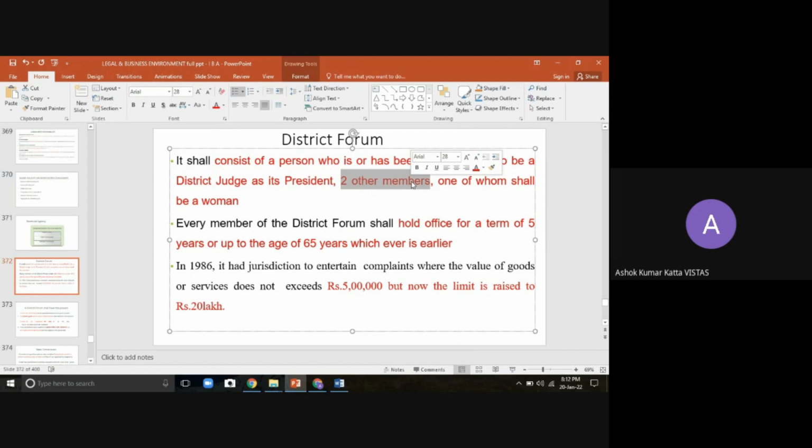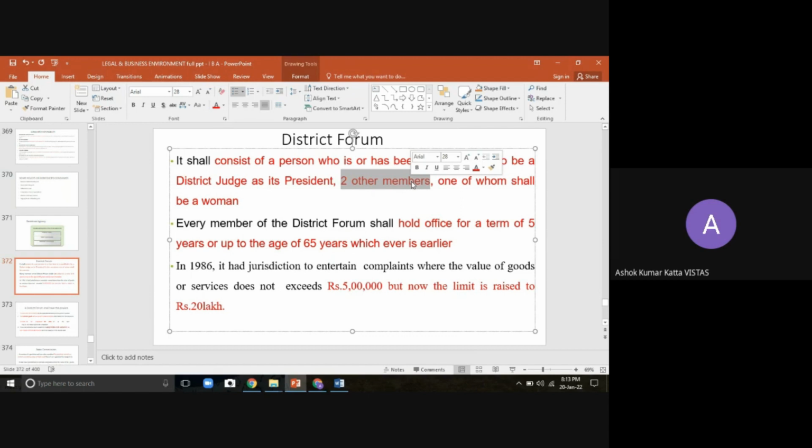So how does this district level forum handle the issues? This is very clearly defined on the basis of the losses, goods related or service related. They have mentioned that the losses are between 5 lakhs to 20 lakhs, because for 5 rupees of product damage we cannot go to the district level forum. That is why they put a lower ceiling and a higher ceiling, between 5 lakhs to 20 lakhs.